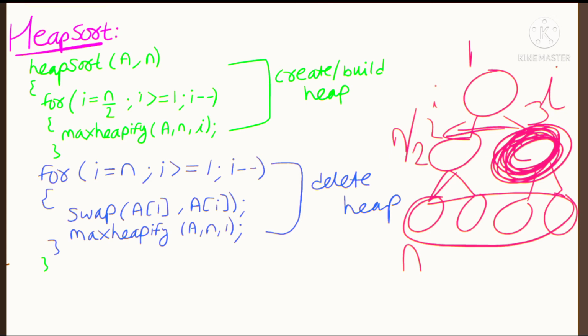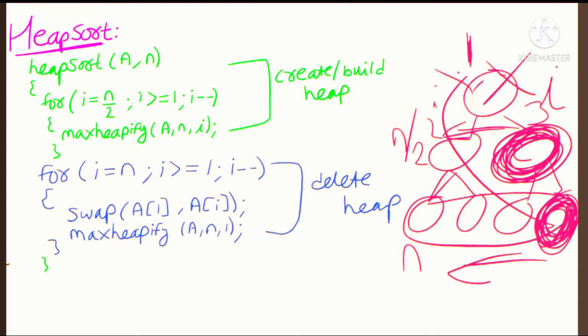Okay, so this way we will create a max heap here, and after that we will delete, because heap sort means create, then delete, and it will get sorted automatically. So for i is equal to n, you know deleting is always done from the last element. So i is equal to n, i is greater than or equal to 1, i minus minus, decreasing one by one. So we will swap a of 1. Now see, where does the last element go? Where the first element is deleted, the last element goes there. Remember the deleting method, the first root node is deleted, a of i which is at the start goes to a of 1. So this swapping happens.